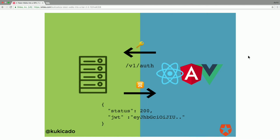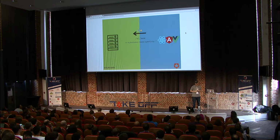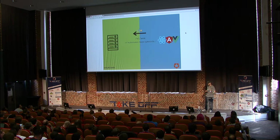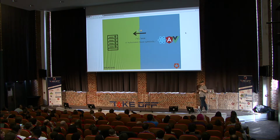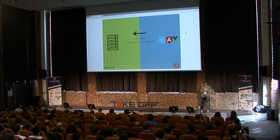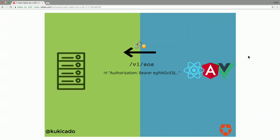Oh, there we go. So whenever you see that emoji, that'll be our representation of a JSON Web Token. So now we have our server and our application again. And now when the user makes a request to the version 1 SOS endpoint, they're going to append this JSON Web Token that they received with their request to the backend. And it'll be done in a new header called the authorization header. And it's a bearer token, so we prepend the keyword bearer, add the token,